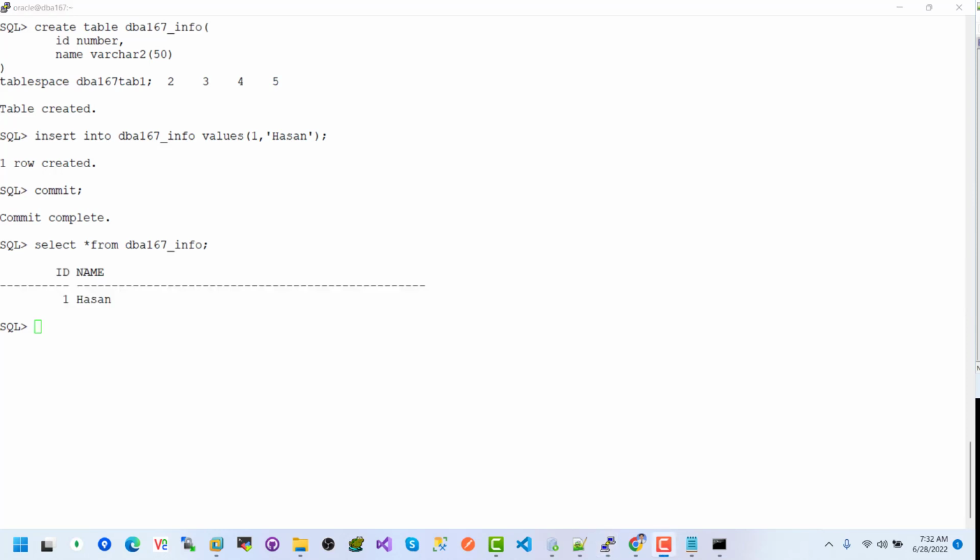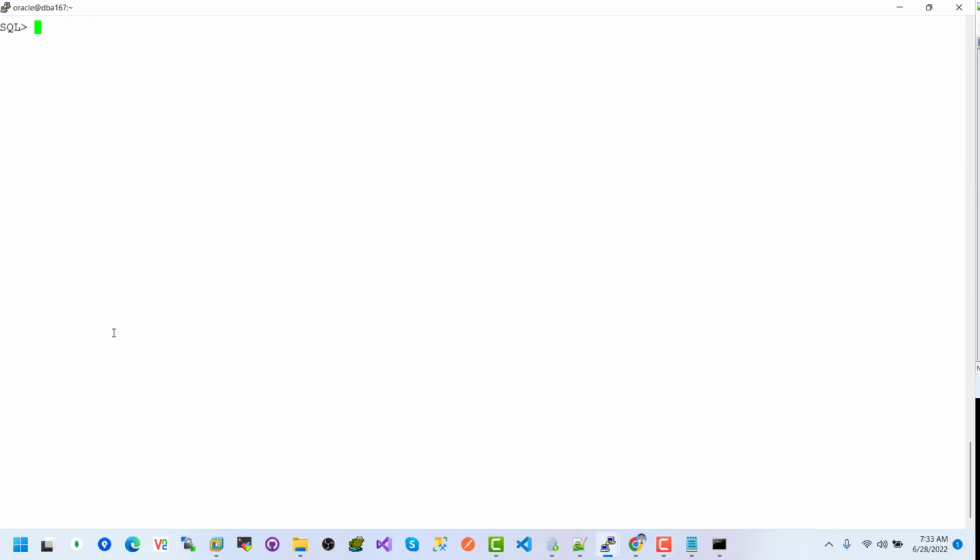Now we will discuss segments. Now I just want to explain about segments. Actually, a segment is also known as a table of a tablespace in a database. So how do we check the dictionary view for segments? I just want to clear the screen. clscr, desc